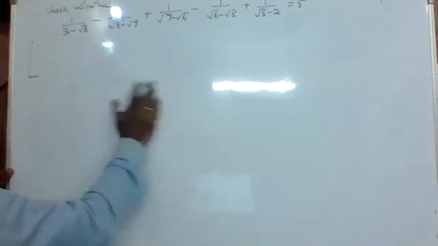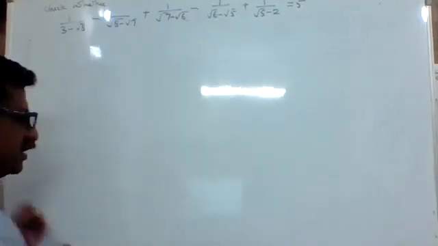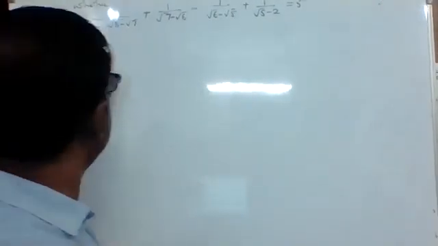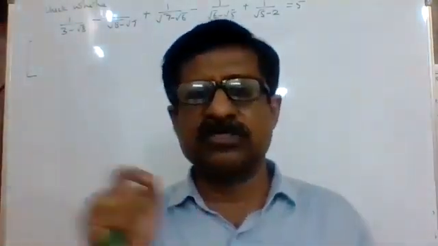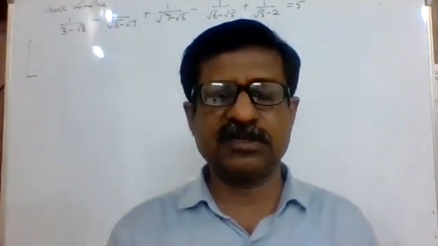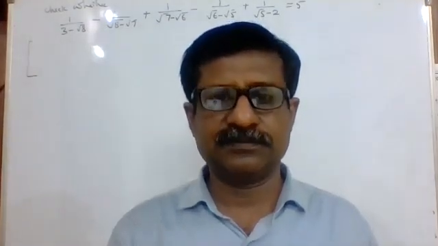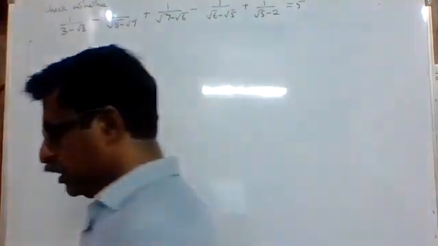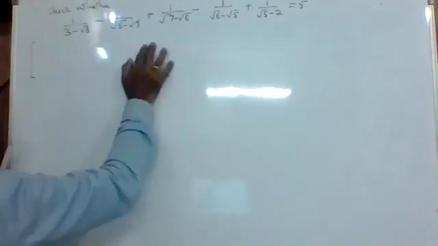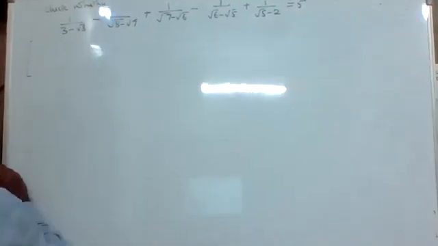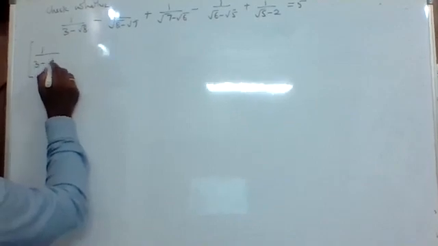Since it is having so many parts, 1, 2, 3, 4, 5. If you think your question will not come in a single line, you can do it individually, you can solve it. But here, I'm trying to solve it in one line itself. Both the ways I'll show. It will be easy if you are doing it the same step. You will not make any mistake in the sign. Most probably you will not.